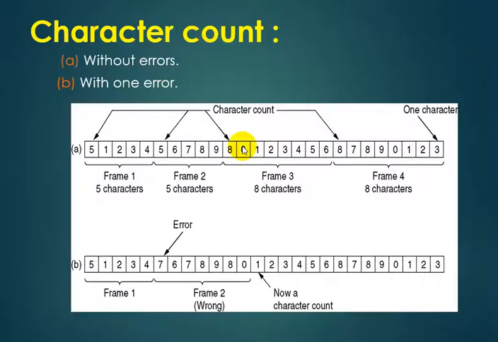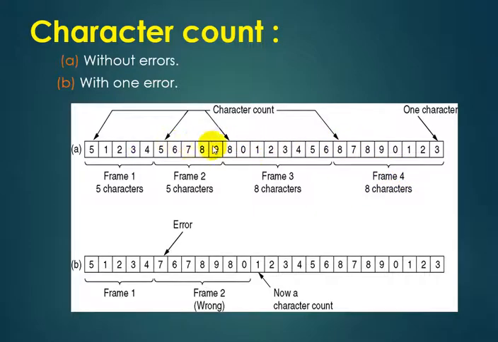So I am adding 8 as the starting character in the frame. So we have to include 8 characters in the next frame. So here we have 5 characters, here 5 characters, and here 8 characters. After 6, I want to include 7, so here adding 8 characters in the frame. So frame 4 has 8 characters.